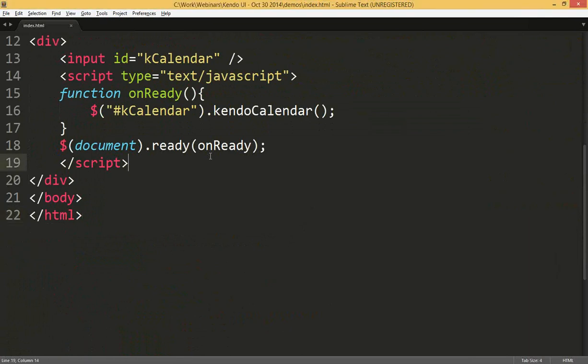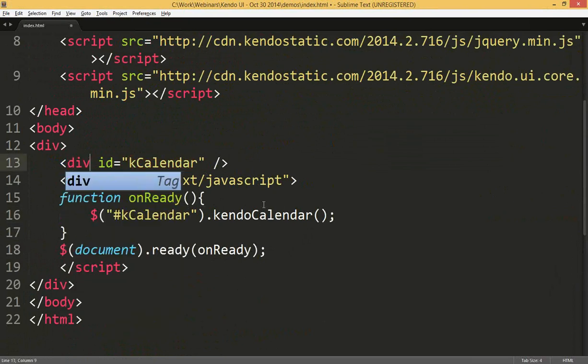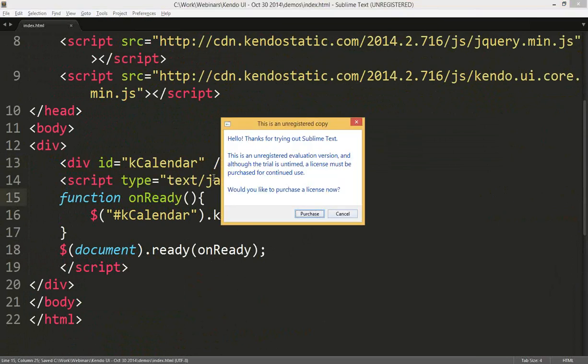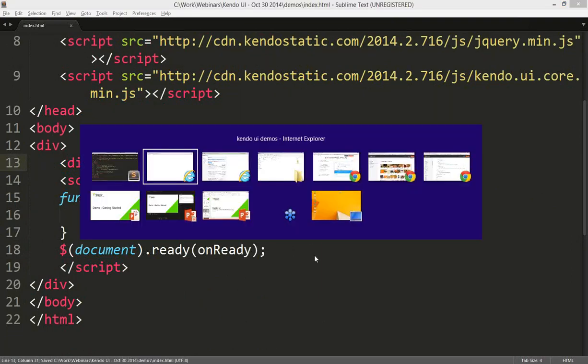My first demo is failing. Let me see what I did. So kcalendar, kendo calendar. Oh, I know. Calendar cannot be on the input. So what I need to do is, there you go. So what happened was,